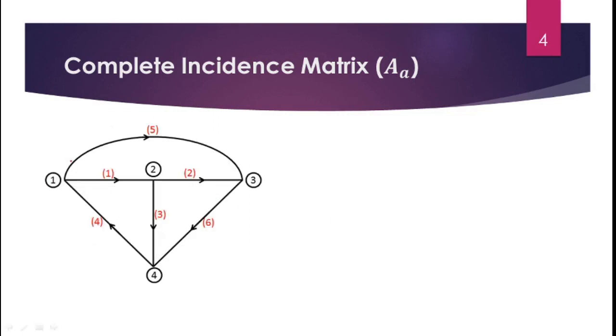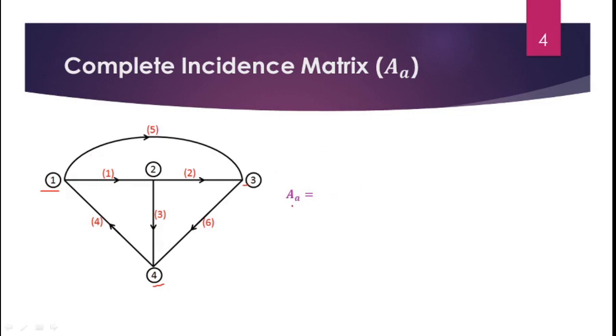Consider we have this complete graph having 4 nodes, node 1, node 2, node 3 and node 4, and the number of branches are 1, 2, 3, 4, 5, 6, and we need a directed graph, because only if we have a directed graph can we find whether a branch is incoming or outgoing from the node, else we can't find it. So the size of this matrix for a complete incidence matrix is: number of nodes is 4 and number of branches is 6, so the size becomes 4 by 6.